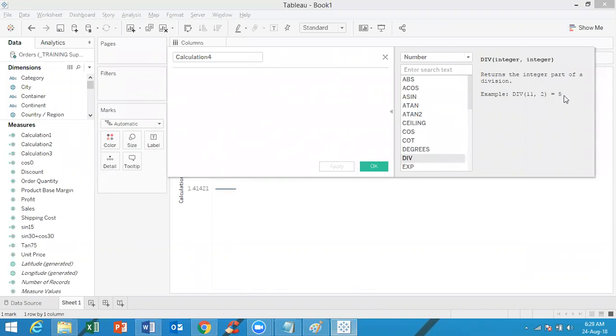For example, 11 divided by 2 should be in decimals. However, it will show only 5 because the result of div is only an integer. Even if you take 5 comma 2, the result is 2.5, but the div function shows only the integer and not decimals. Okay,